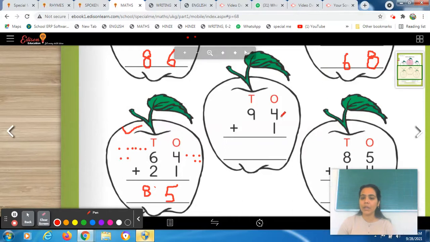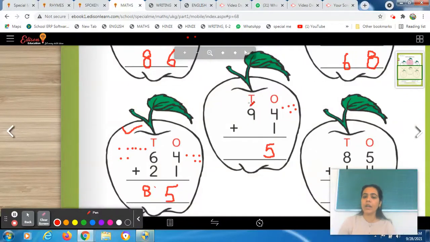So we will start with the right hand side. So the number is 4. So take 4 beans and put them over here. One, 2, 3, 4. How many do you add more? You have to add one more bean. So add one more. Now count how many you have. 4 you already have. You add 1 to it. So you will get number 5. So write it over here.